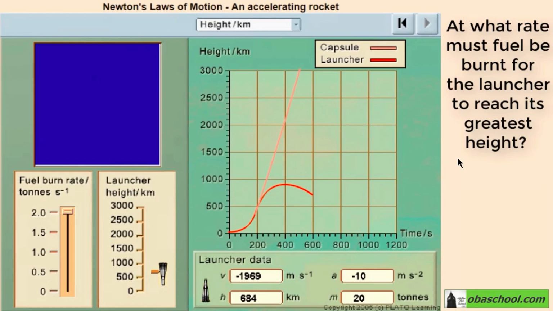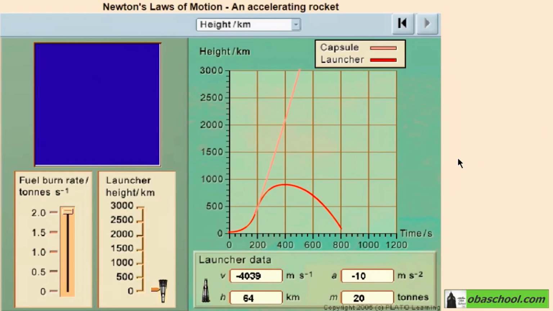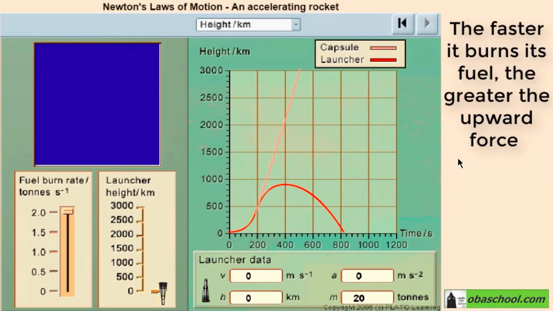At what rate must fuel be burnt for the launcher to reach its greatest height? Yes, at the greatest rate, which is 2 tons per second. Since the faster it burns its fuel, the greater the upward force,